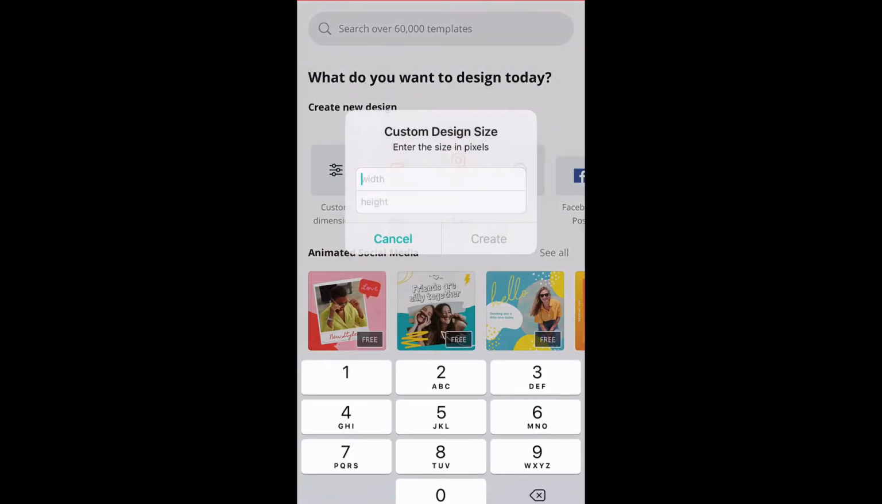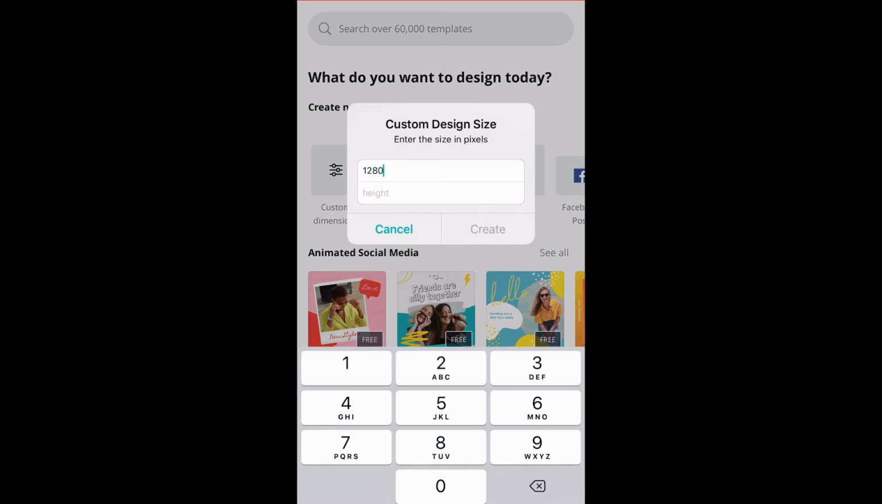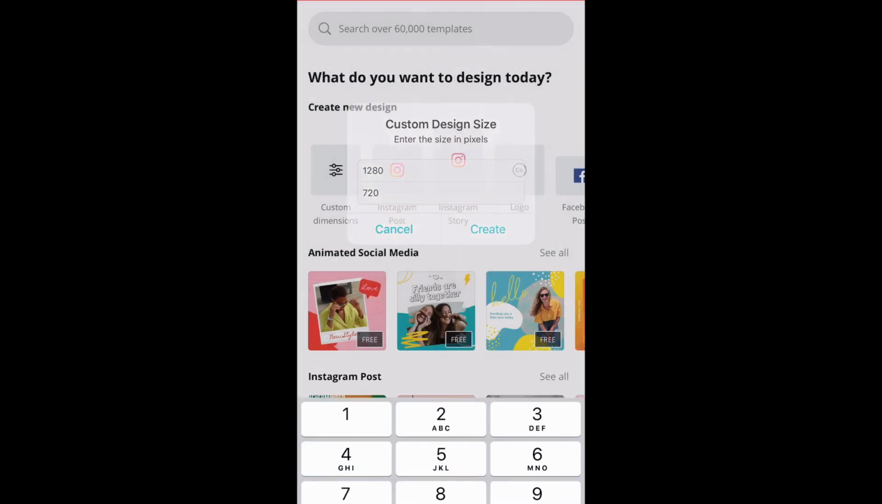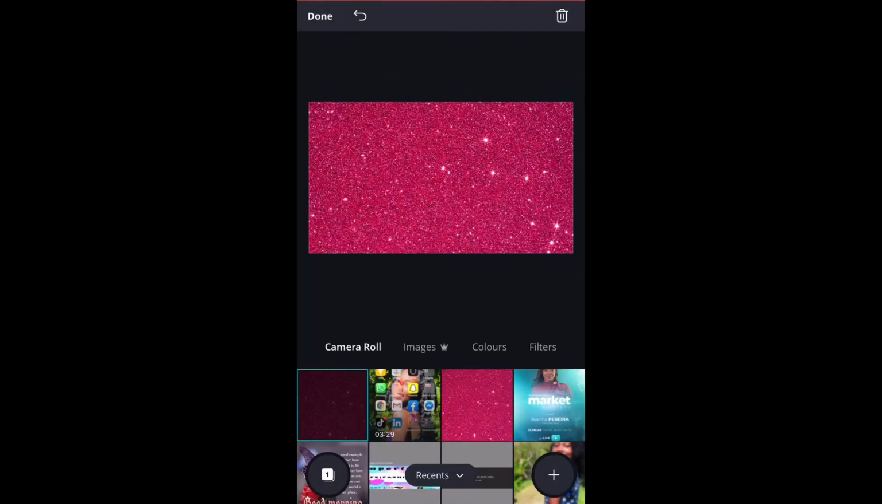Then you go back, you click custom dimensions, you do the same dimensions, you click the background, you go back to the same pink background you chose on Google. Okay, and then now you are going to make your other short video. I chose the same background, and then